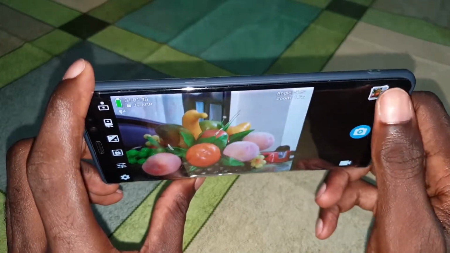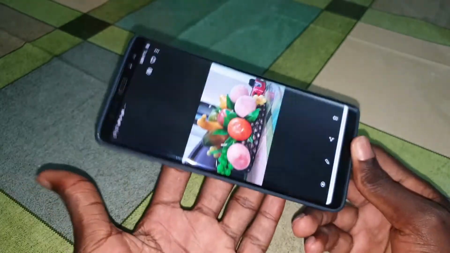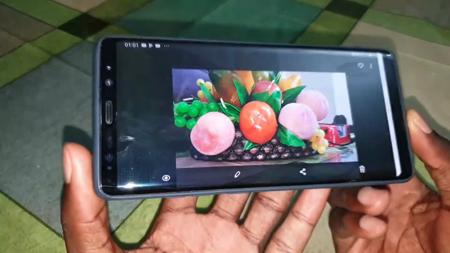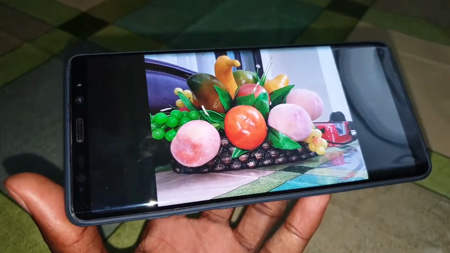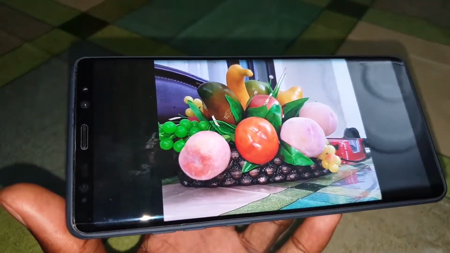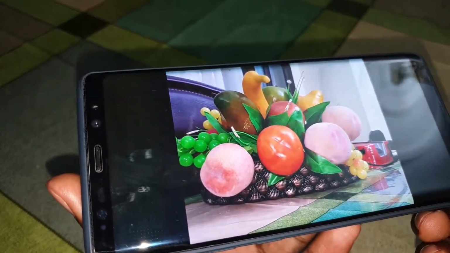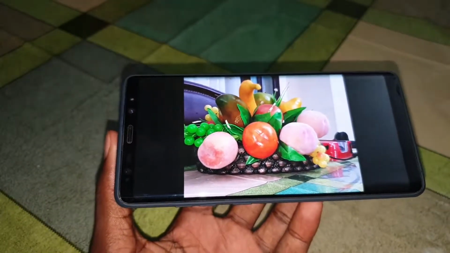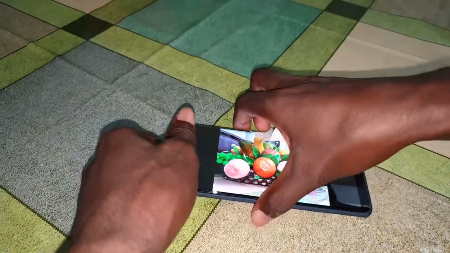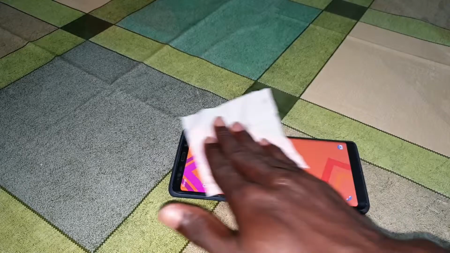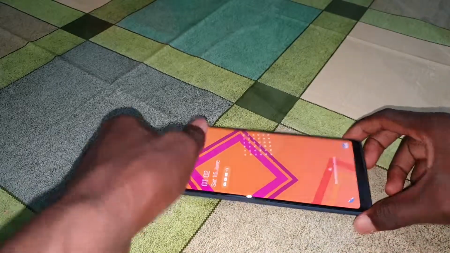This is without the flash. Look at the photo that I have taken with you. Look at that now. Look at the quality. Wow, it's so beautiful. Let me clean my beautiful screen before doing this. Clean. Wonderful. Beautiful screen.